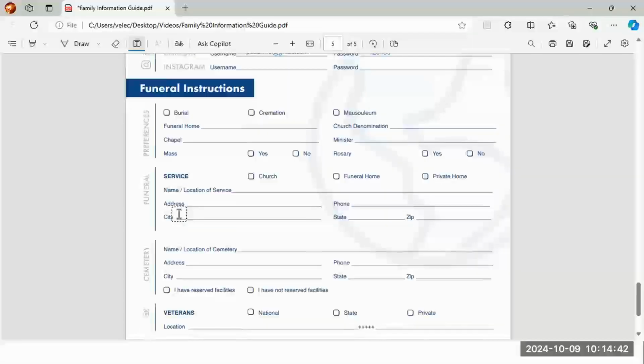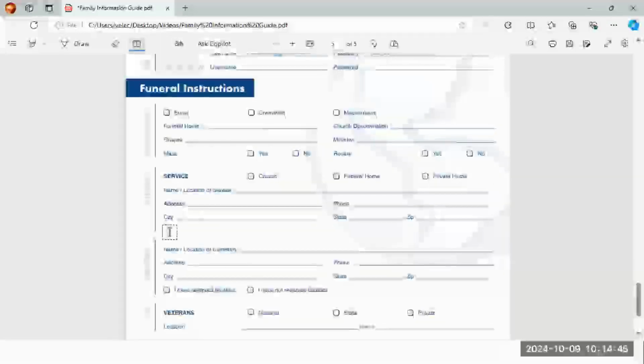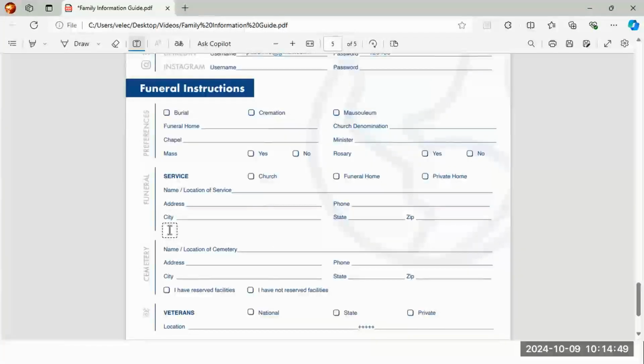Okay. Further down, you have your funeral instructions. Now, for funeral, you have three options. First one is burial, second one is cremation, and the third one is mausoleum. All right. So for burial,